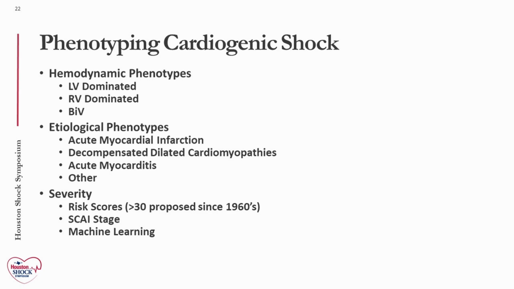But what about phenotyping? So we've just talked a little bit about hemodynamic phenotyping. We can phenotype shock in many, many different ways. We have the etiological phenotypes: myocardial infarction, decompensated cardiomyopathies, myocarditis, other. And also we can phenotype shock in terms of its severity. And over the decades, there have been more than 30 proposed risk scores. Most recently,